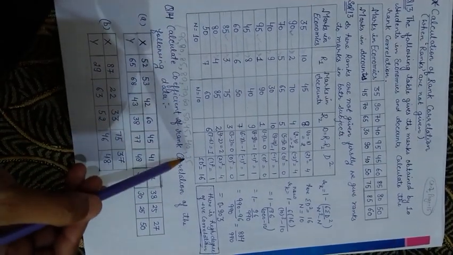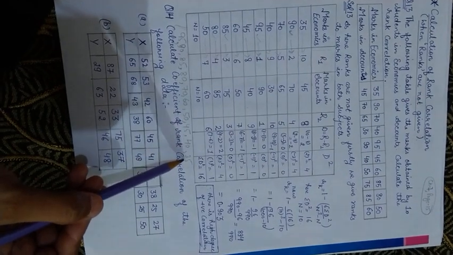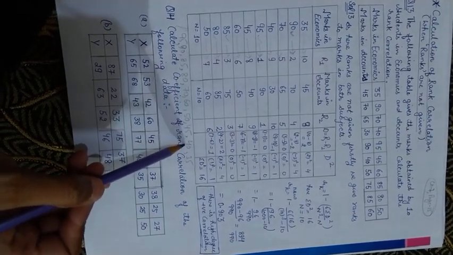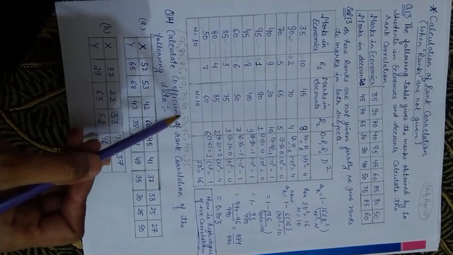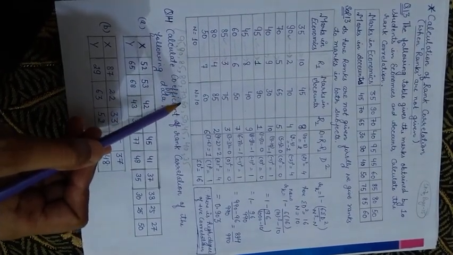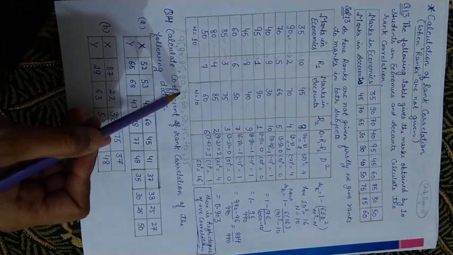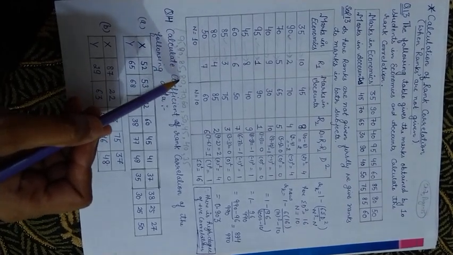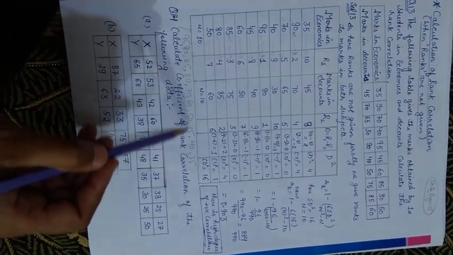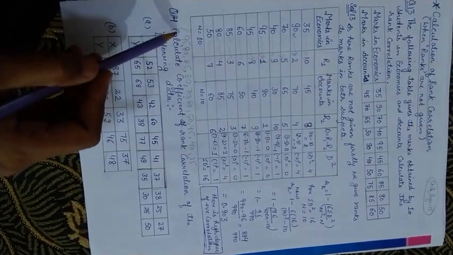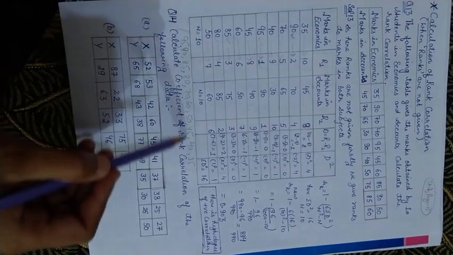So you can check: 40 is greater than 35, okay. 45 is greater than 40, okay. 50 is greater than 45, okay. 60 is greater than 50, okay. 70 is greater than 60, fine. 80 is greater than 70, fine. 85 is greater than 80, 90 is greater than 85, 95 greater. When you check like this, it is confirmed that you have not written out any wrong value.